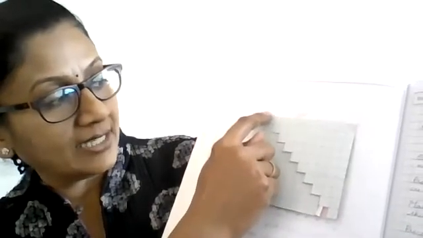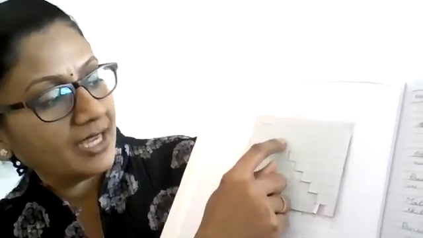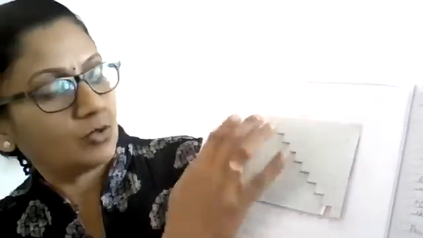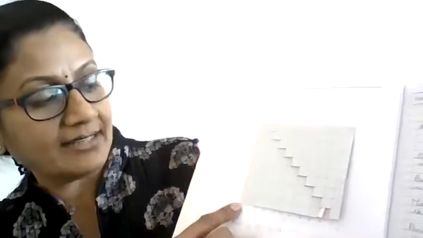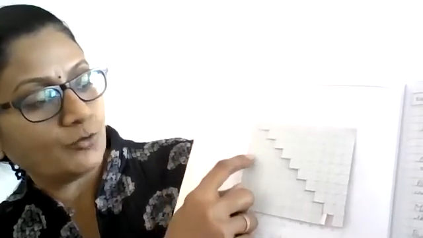So, when you draw the lines here after 1 square, after 2, after 3, after 4, like steps it would come. So, when this is representing the first 10 natural numbers, 1, 2, 3, 4, 5, 6, so on till 10, automatically the other half will be in the reverse order. Here it will be 1 left out because actually you had 11 squares horizontally. Correct? So out of which 10 is over here. So automatically when this line is drawn, the other portion which is on the top will end up as one more series of the first 10 natural numbers. It will start like this, 1 at the bottom, 2, 3, 4, 5, 6, 7, 8, 9 and 10.